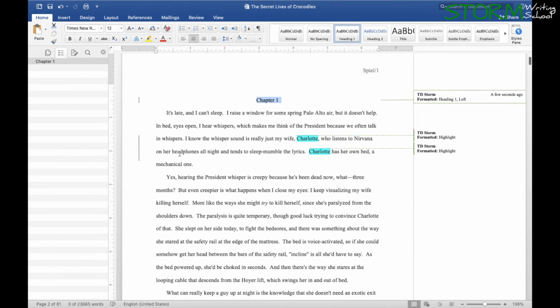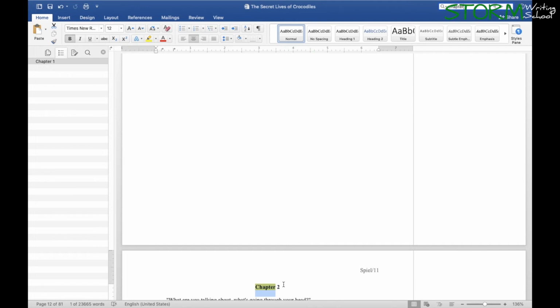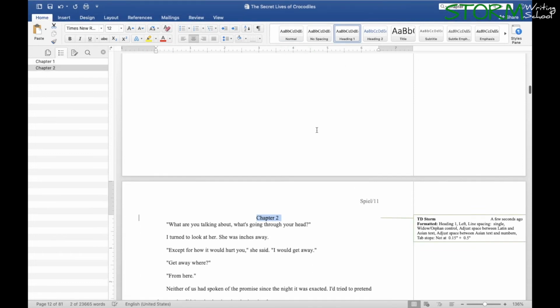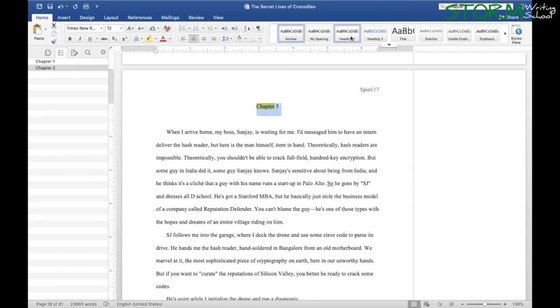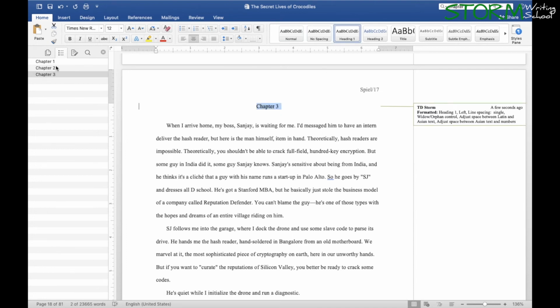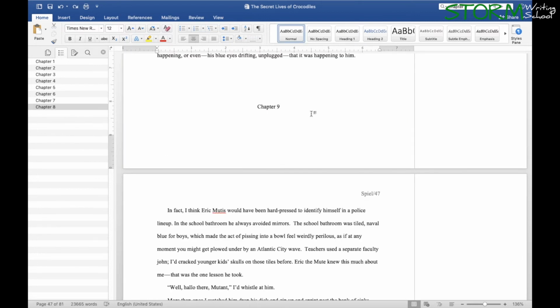It shows up in that area. I'm just going to search for chapter. If I go to chapter 2, I can do the same thing now and make that heading 1. If I go to chapter 3, same issue. So now those are populating this navigation pane over here. So I've jumped ahead in time, and now I have a few more of these headings over here in the navigation pane. And I want to show you one more thing if you're doing this.